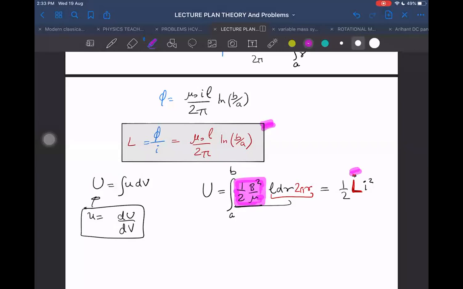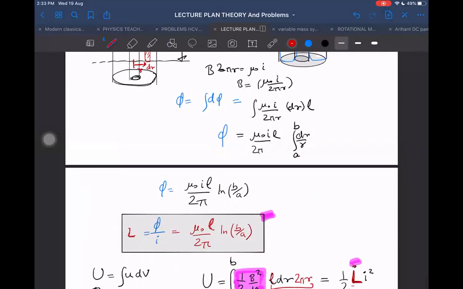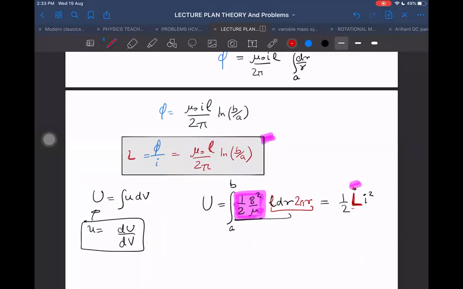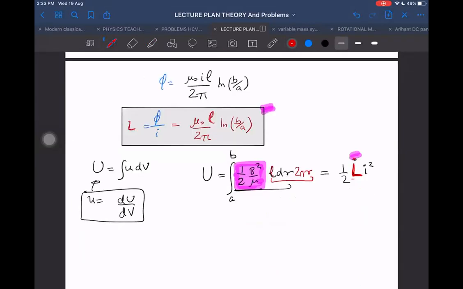Here, first of all, one more thing. I am interested in the energy density within the L length region, so I have to take the self-inductance also for that L length only, not the total. For infinite length, self-inductance will come out to be infinite, obviously, because L will become infinite. But we are taking self-inductance per unit length. In such cases, normally they ask for self-inductance per unit length or self-inductance for a given length.